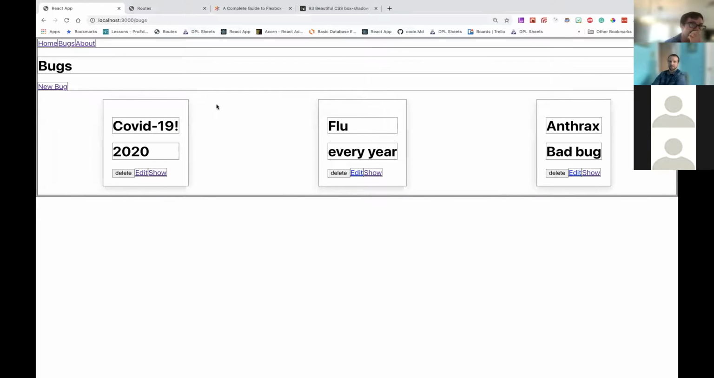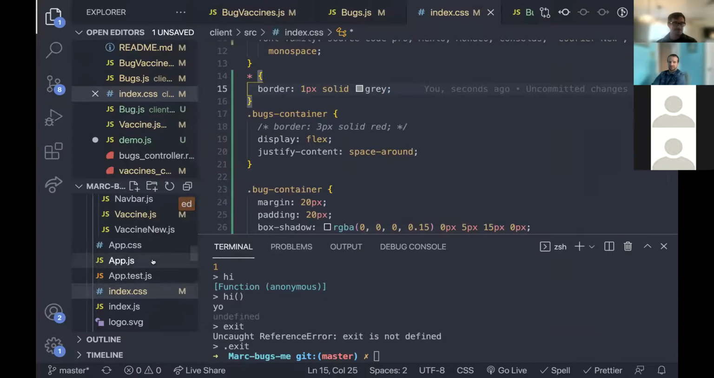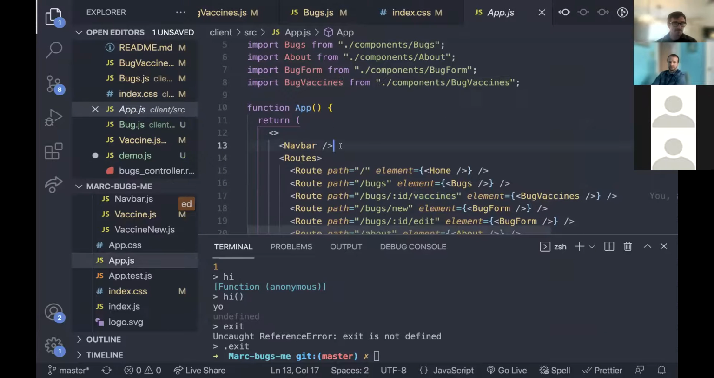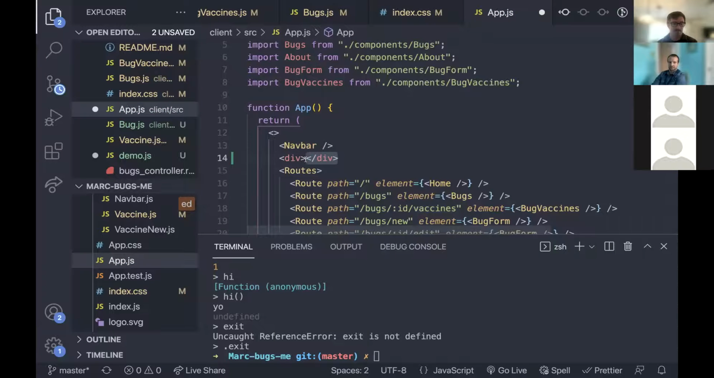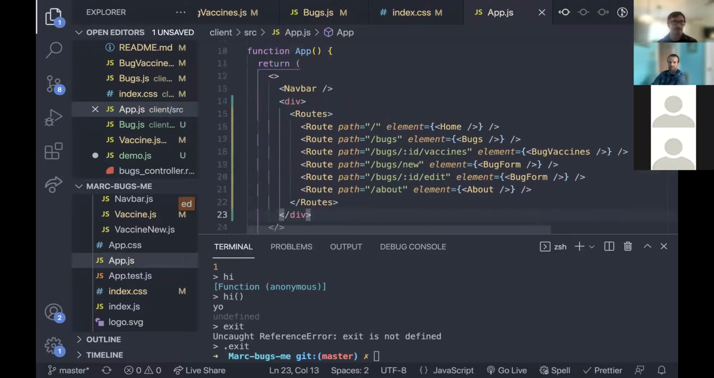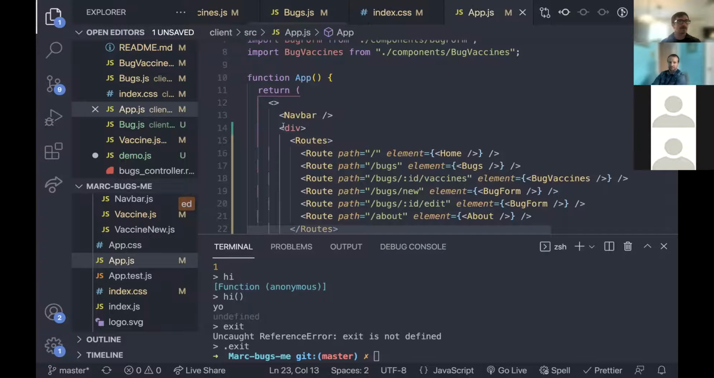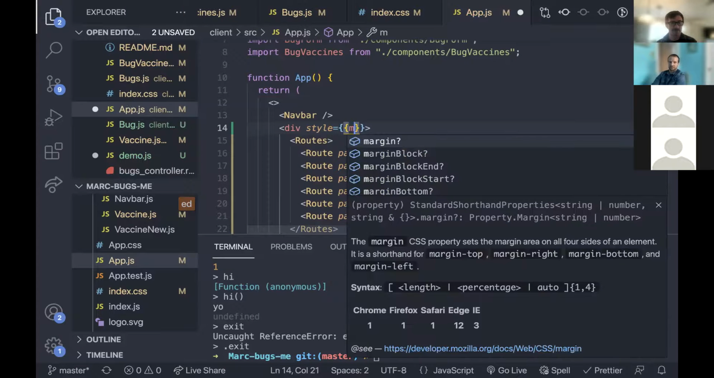So let's do this. Let's say I like how my nav bar has no padding, but maybe for the rest of my pages, like the bugs and this new bug, I want to add some margin. What I could probably do is just come in here and wrap this in a div. So I'm going to wrap all of my pages in the div minus the navbar. And I'll just make this dramatic so we can see it. And then I'll give this some